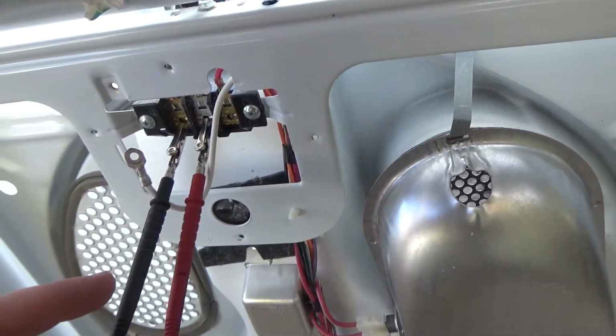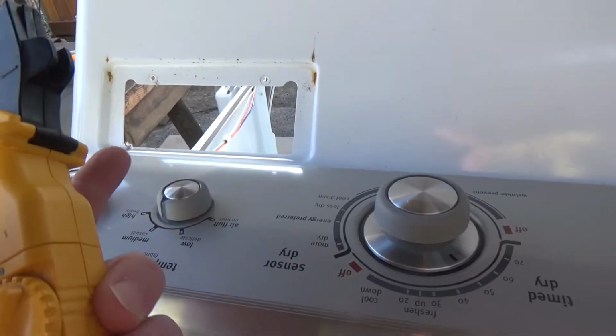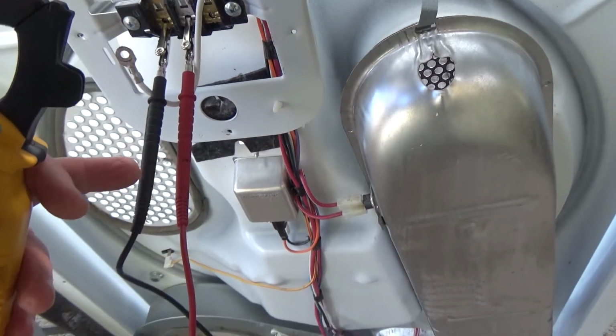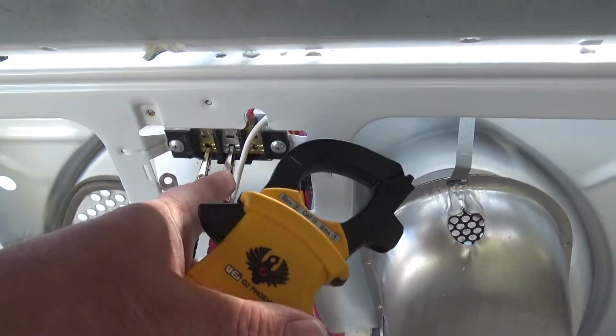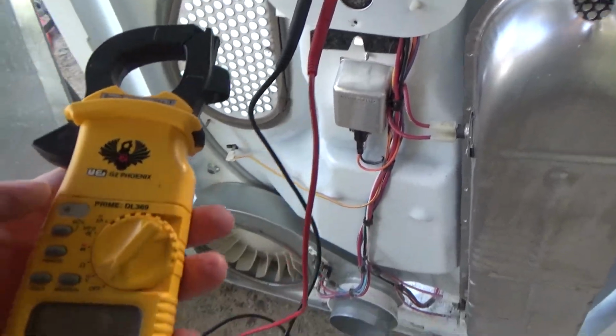Your middle's neutral. Use your black wire on these, especially on these tops, where the lint screen comes out the top. They're pretty much all the same. This is usually your control side, and heat comes from the other two far. Anyways, you hook it to the neutral and to the power side, and then I'm just going to put my